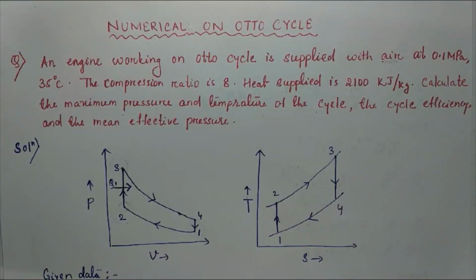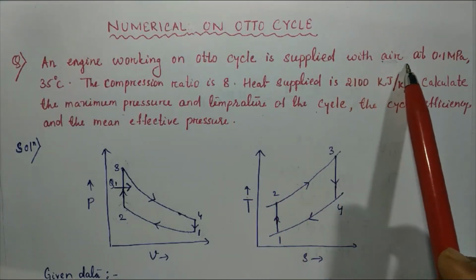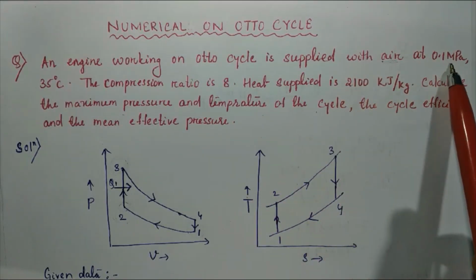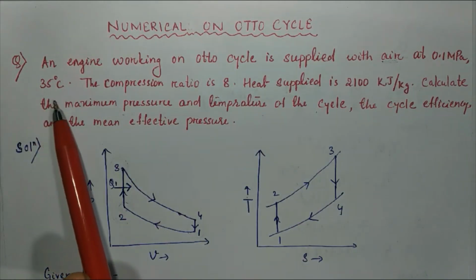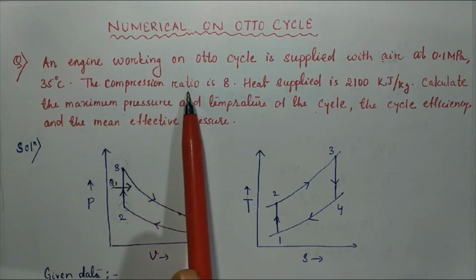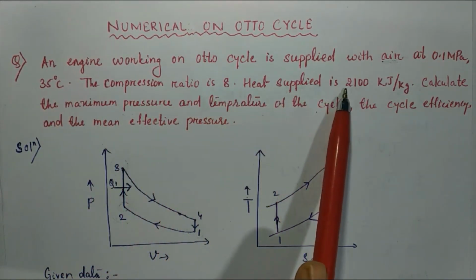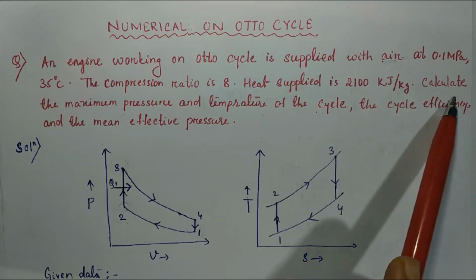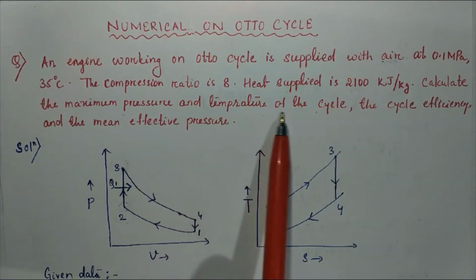Hello everyone. In this lecture, we will solve a numerical on Otto cycle. So here is the question. An engine working on Otto cycle is supplied with air at 0.1 megapascal and 35 degrees Celsius. The compression ratio is 8. Heat supplied is 2100 kilojoule per kg. Calculate the maximum pressure and temperature of the cycle,